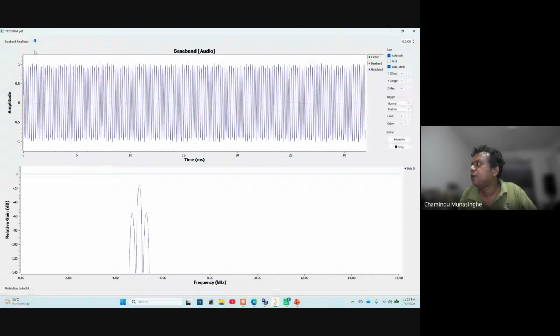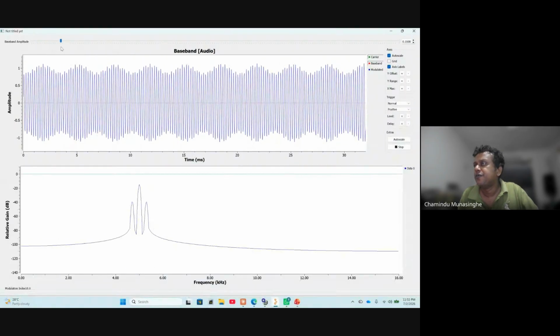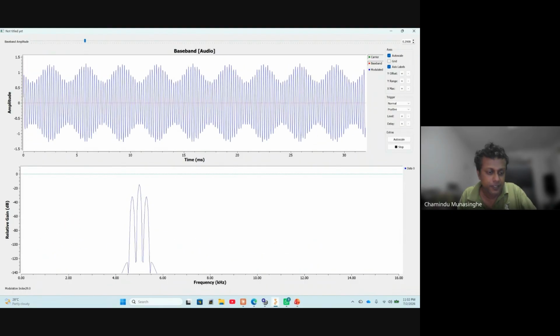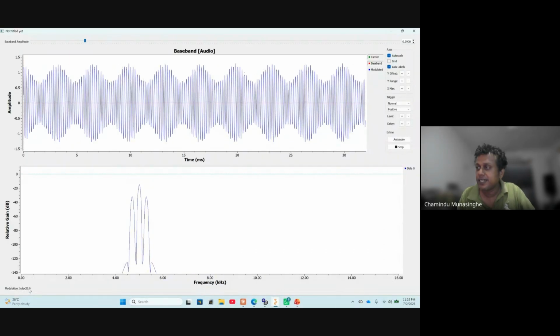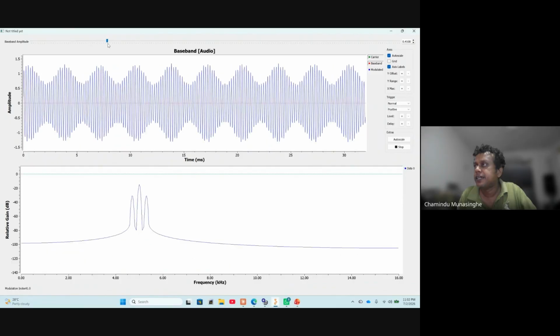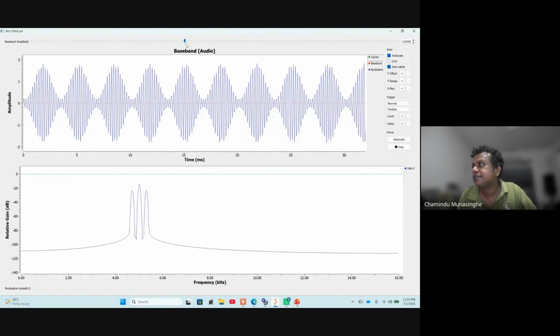Okay, so by changing the amplitude of the baseband, I can control what we call the depth of modulation or the modulation index, right? So when I increase the modulation index, I think I have a label here showing it. I don't know if you guys can see this, but when I increase the modulation index to 100% or 1, what happens is that